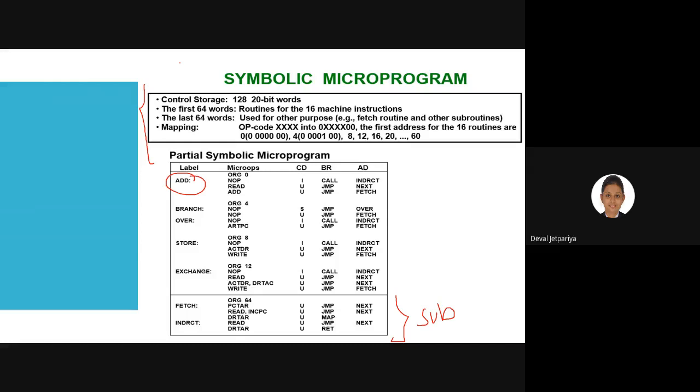Whenever you have a requirement, you can directly run that particular code from the subroutine. No need to repeat the entire code in your control memory. You can simply fetch this line from here.